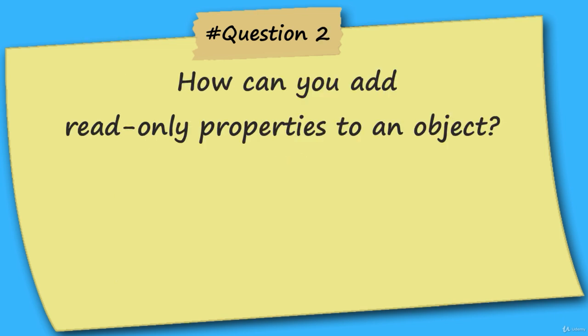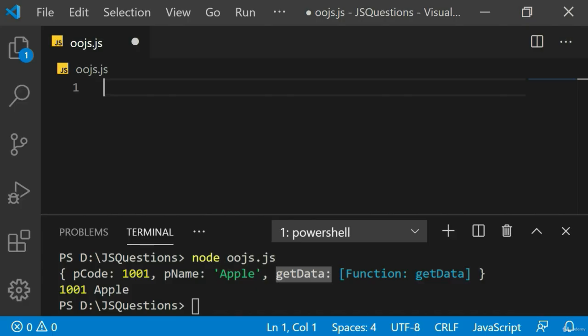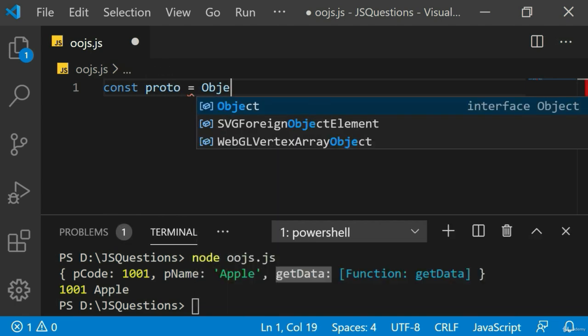The next question is, how can you add read-only properties to an object? Now this is a very challenging question. The reason is we are using Object, that is capital O Object. Let's try a sample code for the same thing. I'm creating, let's say, a prototype. I'll say proto, and I'll say Object dot